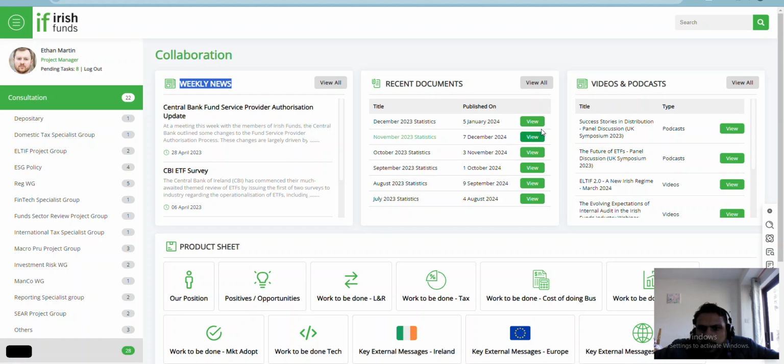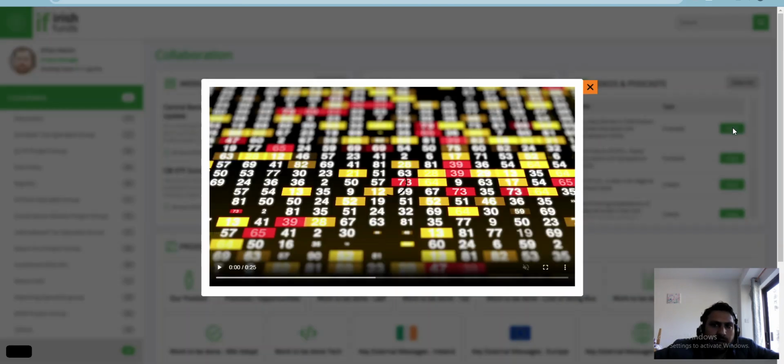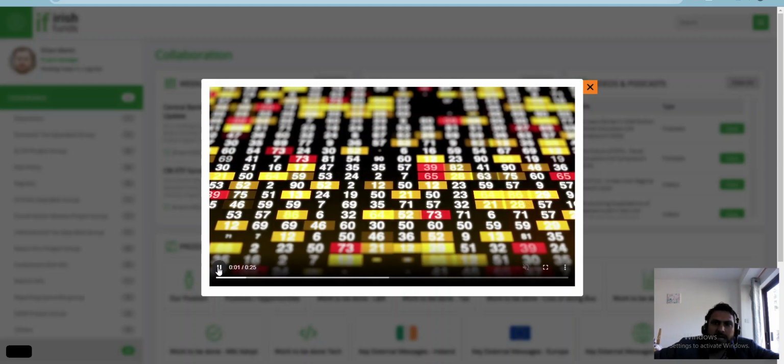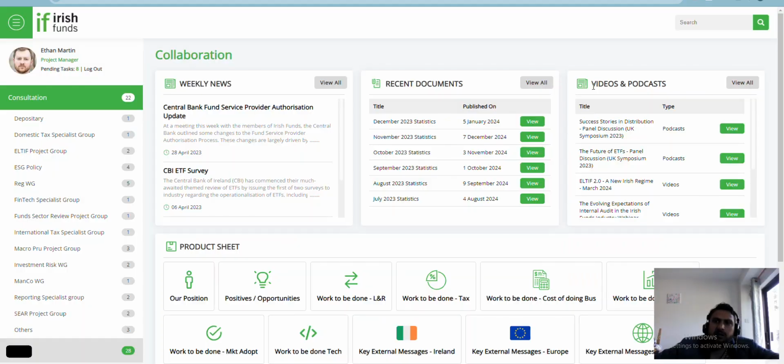And it has recent documents here which are uploaded. We can actually view all those recent documents listed here as well. And it has videos and podcasts as well. For example, if I click on this podcast, now I can play this video as well. So all these assets will be coming from SharePoint and will be displayed here for the extranet in a very good user experience of the portal. And similarly, all the data from Power BI and other things will come in the form of JSON. Now I can show you